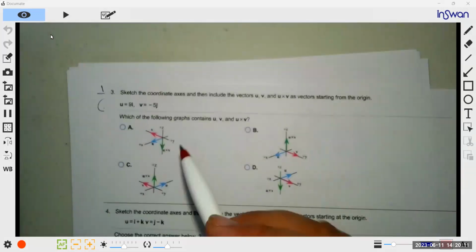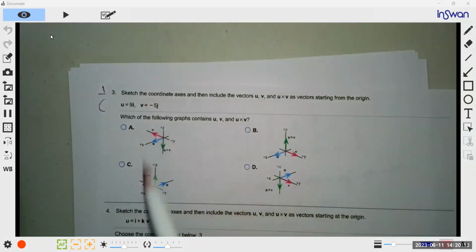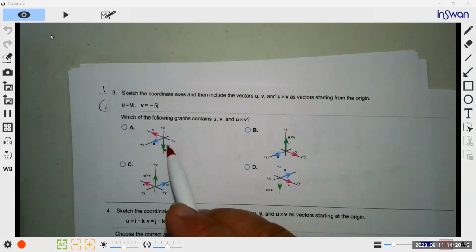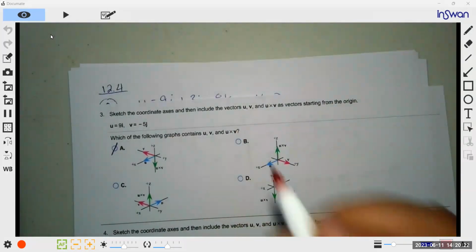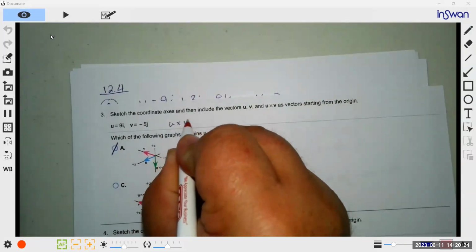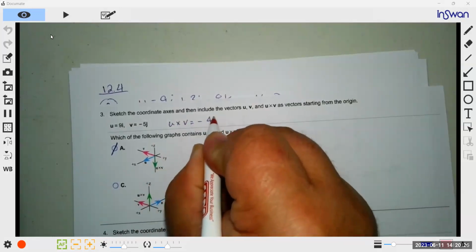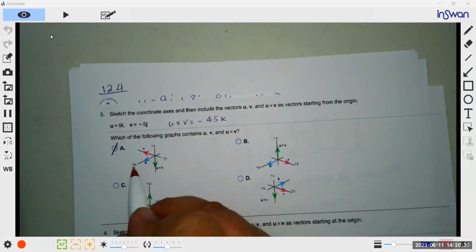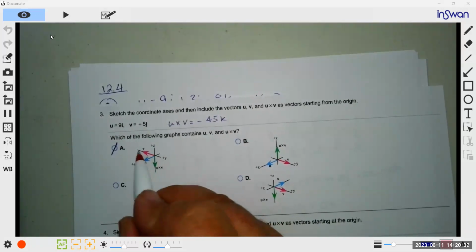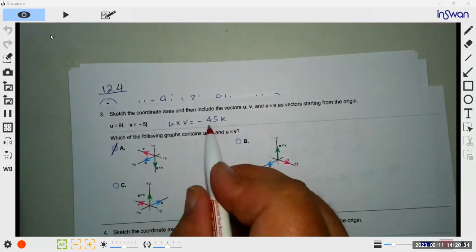The y-axis is -5, so it's going backwards. And then k down, so it has to be u cross v is